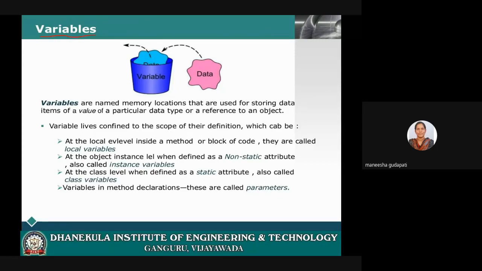Please respond. What do you mean by variable? What is variable?